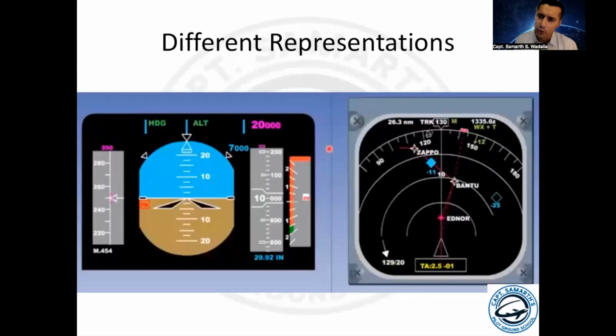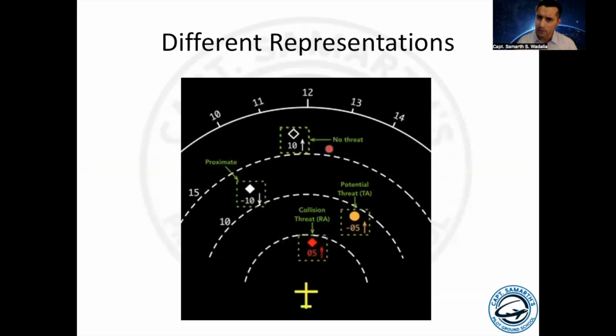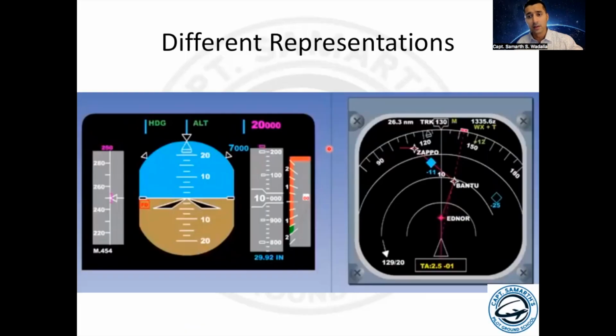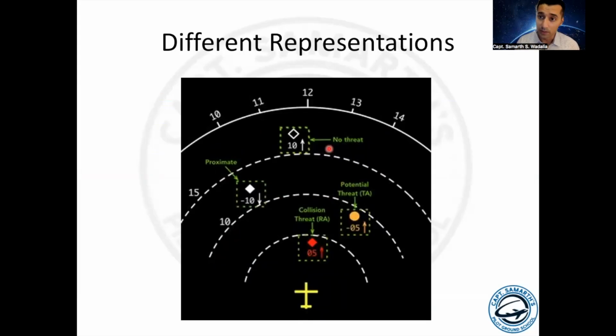Different representations. I've shown you the slide before as part of our discussion over the last 5 to 10 minutes. But basically, what the slide means to tell you is that different aircraft have different representations, different kinds of hardware. But remember, the TCAS indications in terms of your traffic indications and the entire concept of your TCAS turning your vertical speed indicator red and green to tell you where to place your vertical speed indicator needle as part of the resolution advisory, climb, descend, level off, remains the same in all aircraft everywhere in the world that are equipped with a TCAS 2. I hope this explanation has been satisfactory,